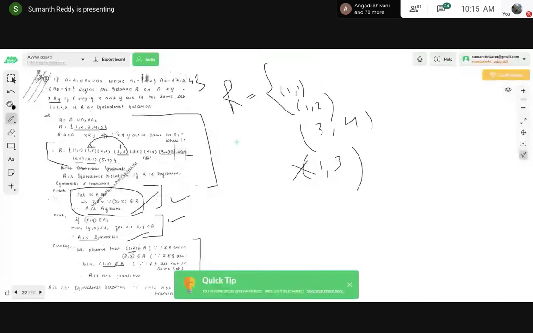As I have told you earlier, don't think that in the exam I can just write the reflexive, symmetric, and transitive definitions and tell whether the relation is equivalence or not. No, sometimes some of the properties will not be satisfied. In that case, it can't be an equivalence relation. Of course, in 90% of the cases, whatever problems he gives will satisfy the equivalence relation property. In the worst case, if you are getting confused, students, this tip will help you.